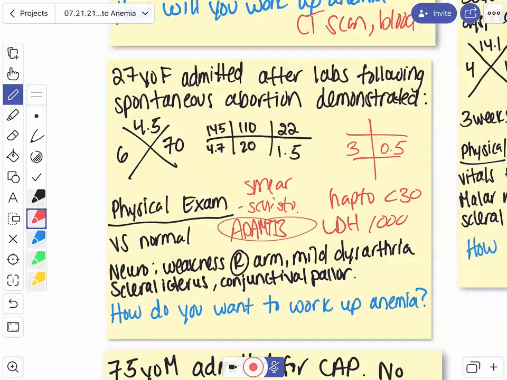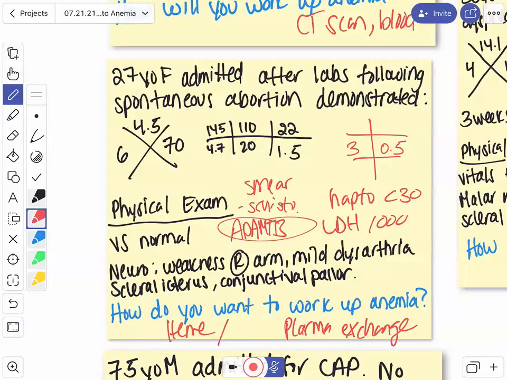They will sometimes give steroids. They can also give other things like rituximab if it's refractory. But great, so you are going to do plasma exchange until you get back your ADAMTS13, and you're calling Heme to say, hey, I'm concerned about this